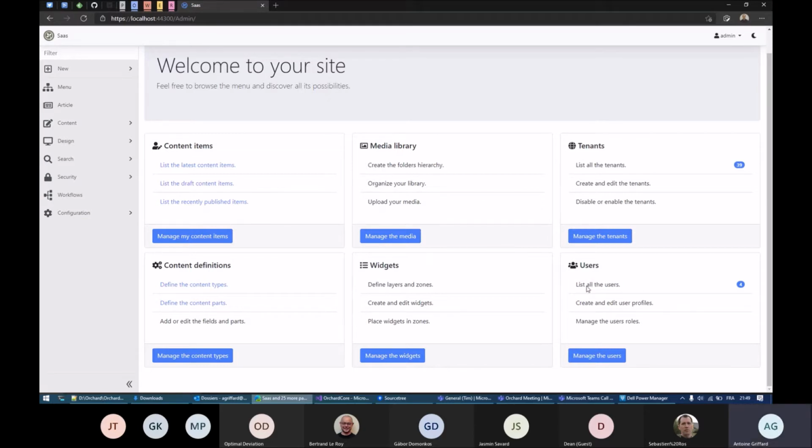And for example, I could say how many users there are and how many enabled users or disabled users or users awaiting validation there are. So multiple scenarios, and when you develop your own module, you can add a new dashboard item if you want to make statistics, something like this, and it will appear on the main page of the admin.